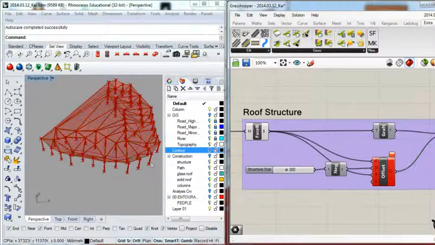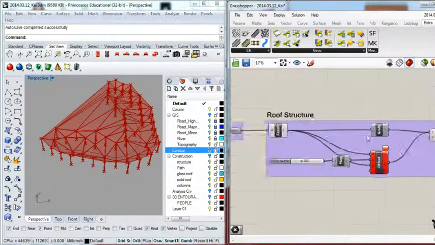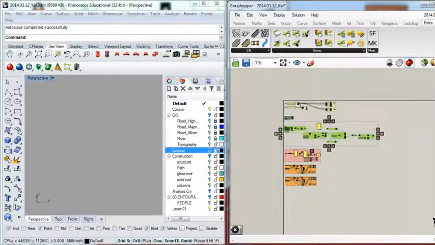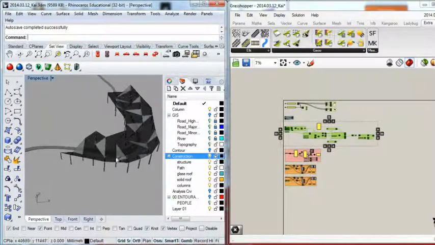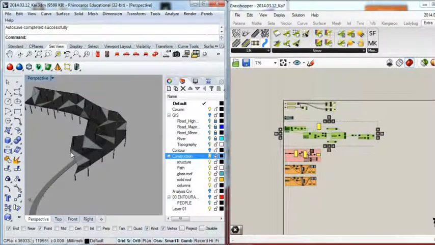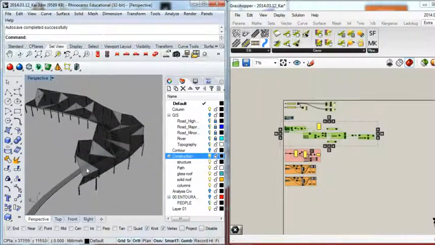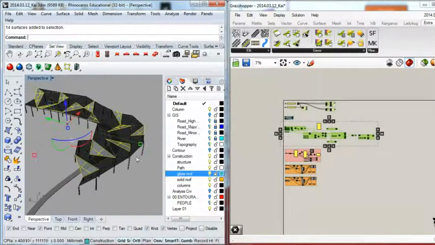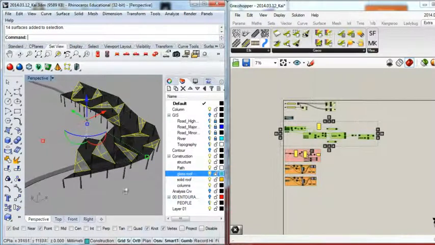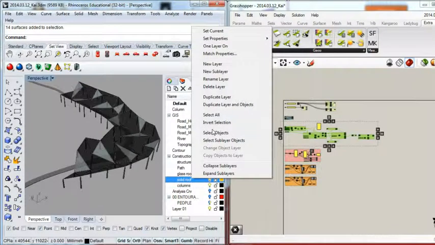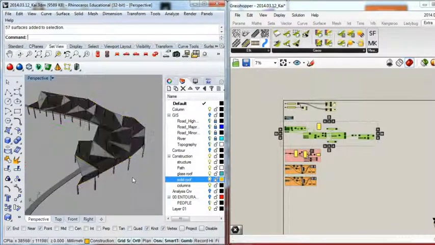And then I bake all the members and clean the model. All members were baked into named layers. Some of the extremely long members were cancelled. Then I select a small amount of roof triangle pieces and set them to different layers. Those pieces can be glass and the rest of them can be shaded material, which will be very practical in the strong sunlight and some hot weather.